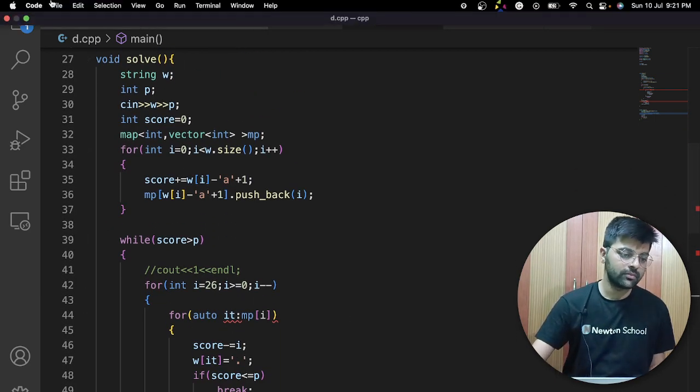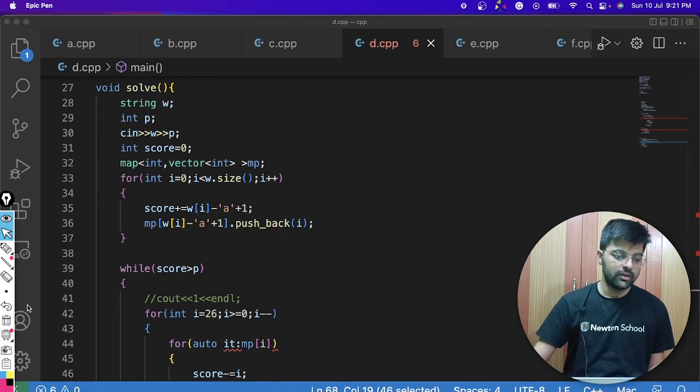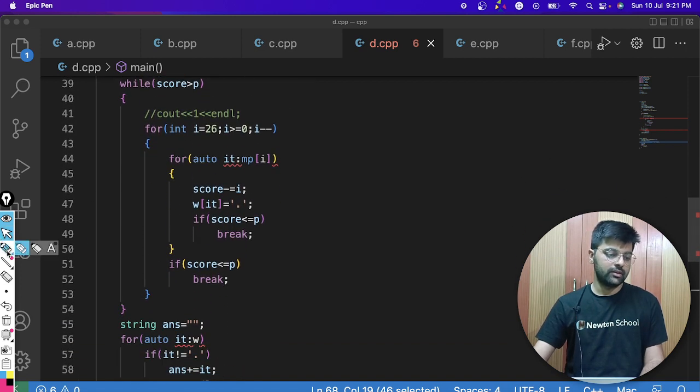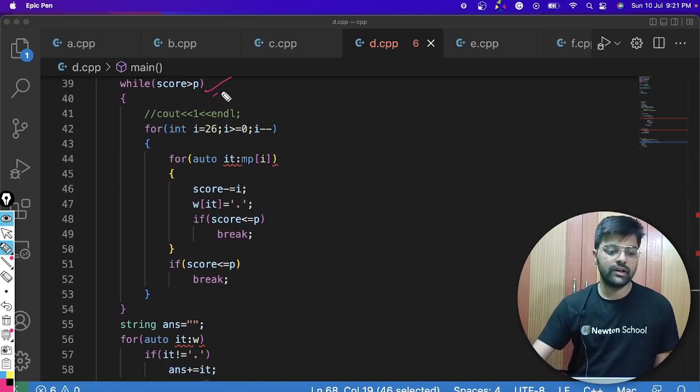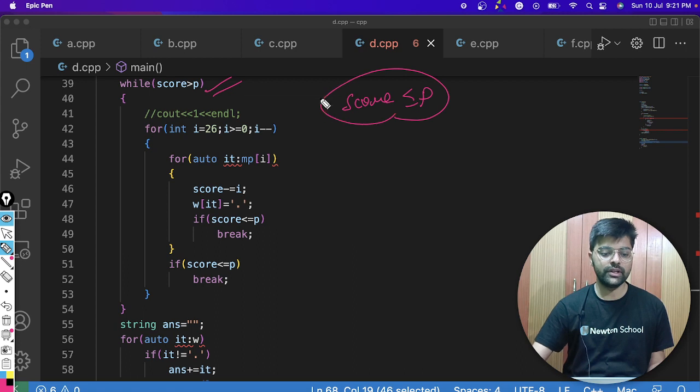So you can see that I have calculated the score and put values in the map of positions, and this loop goes on while the score is greater than p, because we need the score less than or equal to p. If the score becomes less than or equal to p, it will break and we will come out of the while loop.